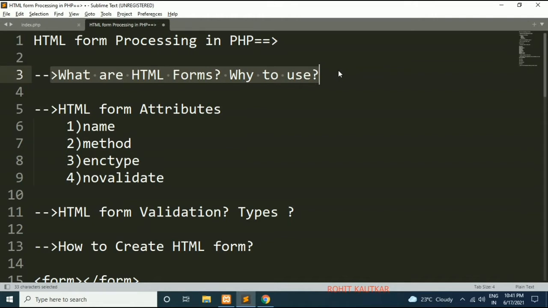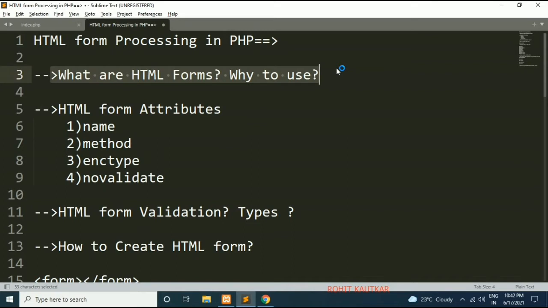So as we know friends, PHP is mainly used for creating web applications. So HTML forms play an important role within web application. Basically friends, HTML form is a section of your web page which contains various form controls like text box, buttons, radio buttons, checkbox, list box, combo box, etc. The main purpose behind creating HTML forms within web page is to collect data from user.